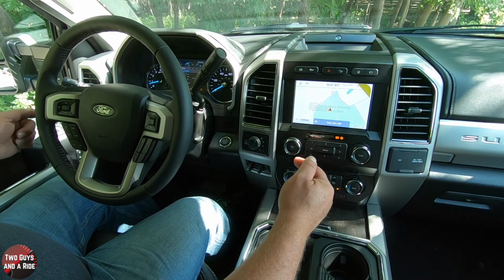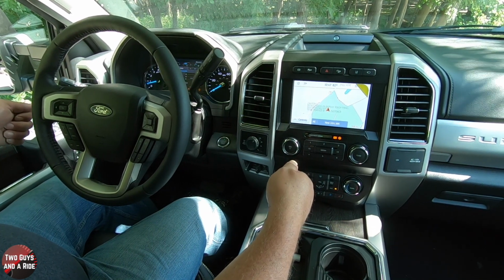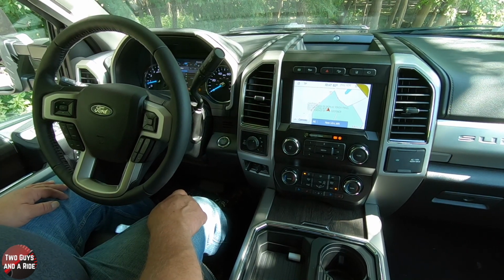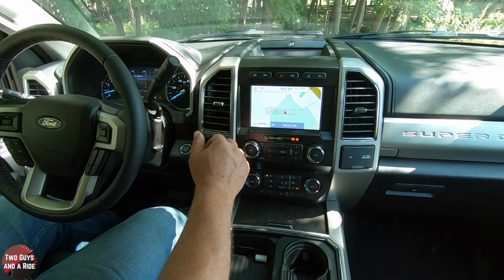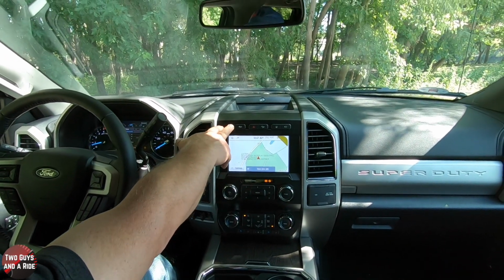So you have to get out there and adjust that. But I do believe there's a setting you can click to that's auto, so that when you lock the rear, it also locks the front at the same time. All right, moving on over to the infotainment screen just above that, you have got right here, this button here